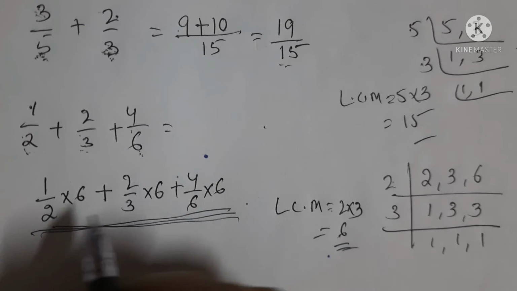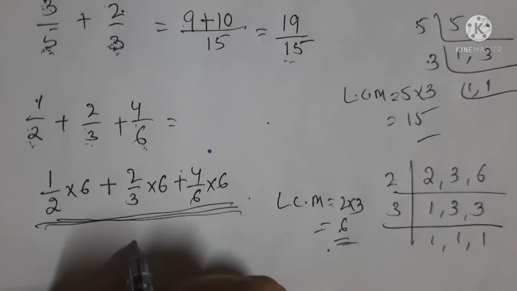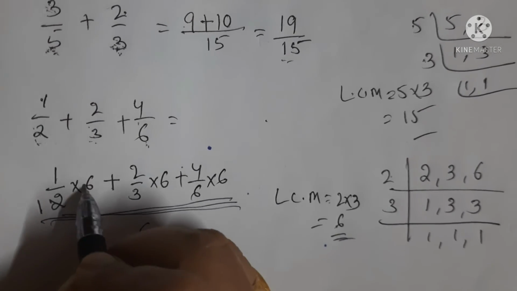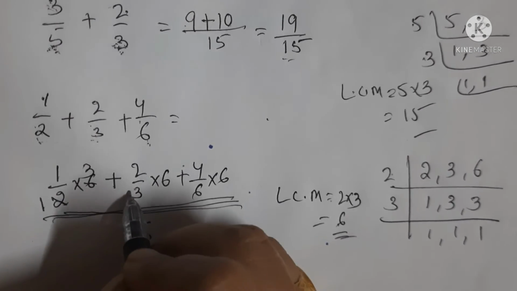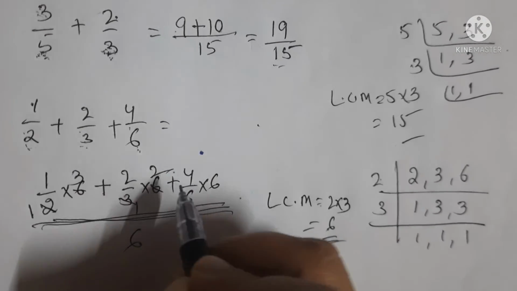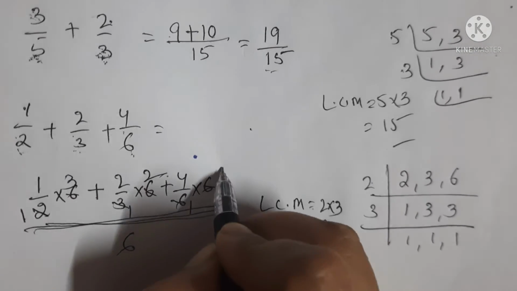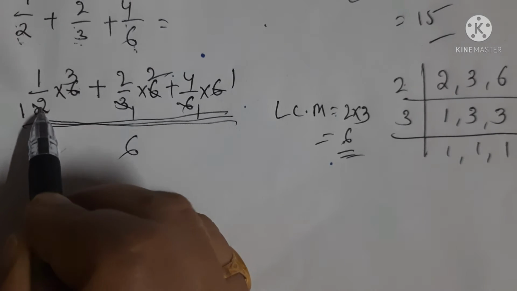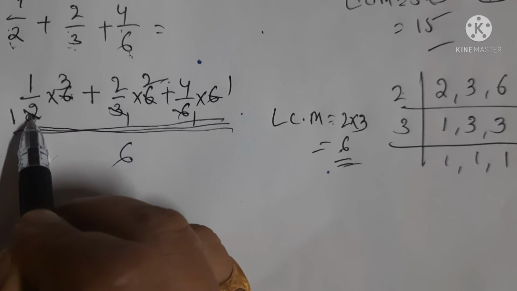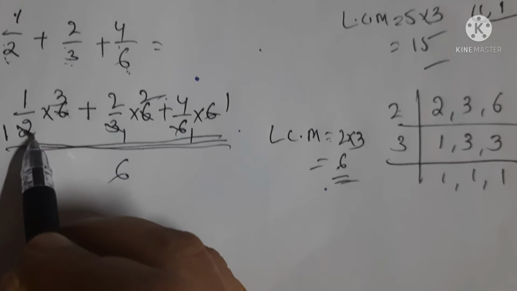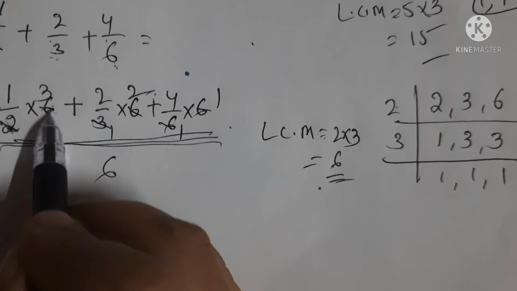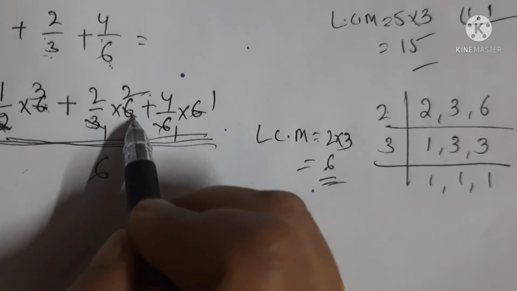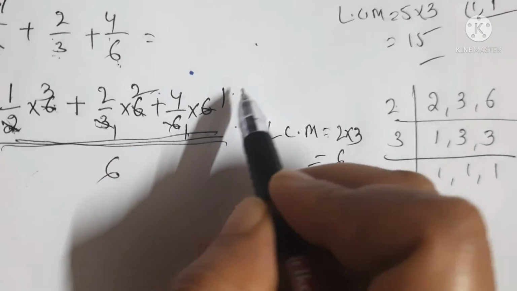Whole by, here the LCM you need to write. Now 2 1s are 2, 2 3s are 6, 3 1s are 3, 3 2s are 6, 6 1s are 6, 6 1s are 6. So here we need to see whether 6 is available in the 2 table or not. If 6 is available in the 2 table, then you need to cancel it. And here also in the 3 table we have 6, 3 2s are 6. In the 6 table 6 1s are 6.